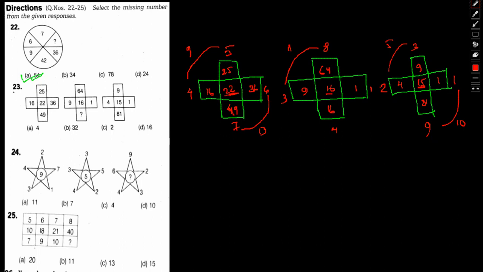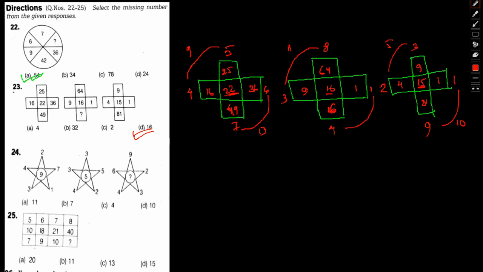No, hang on. 4 plus 1, 5. No, not 15. This should be, sorry, my bad. 8 plus 3, 11. 11 plus 1, 12. So we need 4. So we need 4 over here. Oh, sorry, it was correct only. So my bad. So we need 4 over here. Okay. So if we need 4, it should be 16. Sorry, my bad. I was correct initially. So option D, 16. Okay. I hope this is clear.